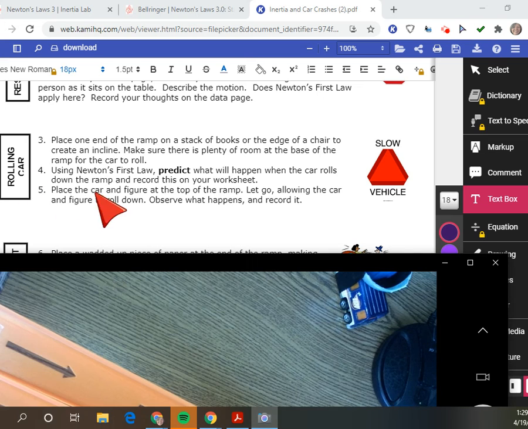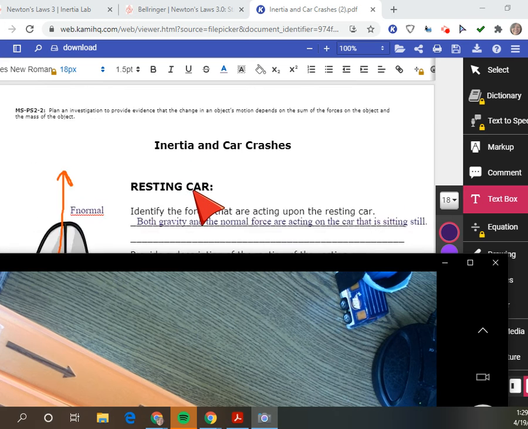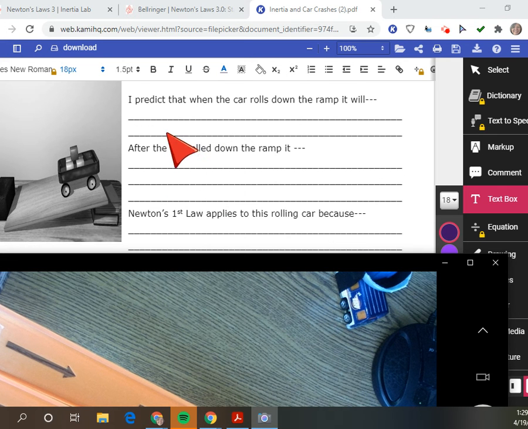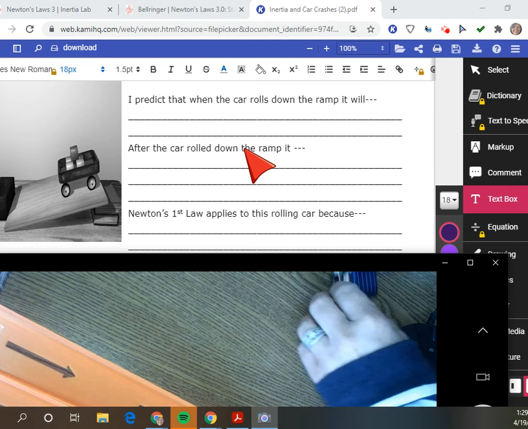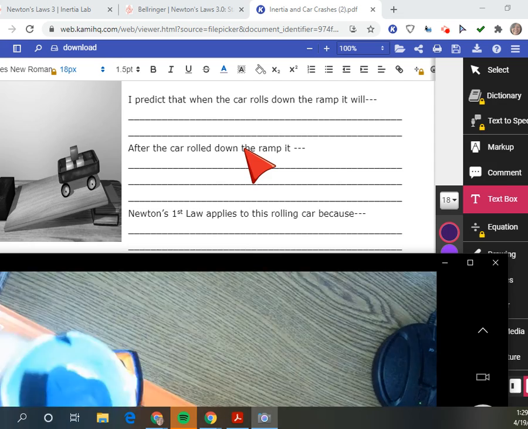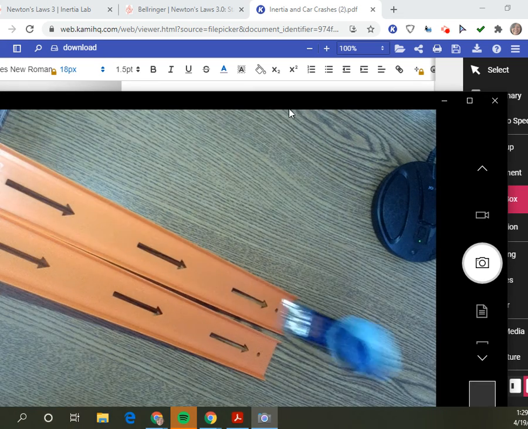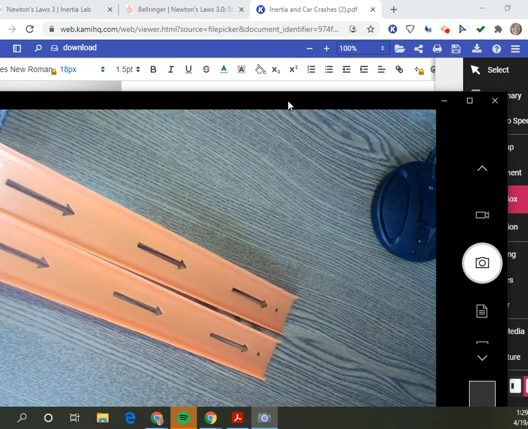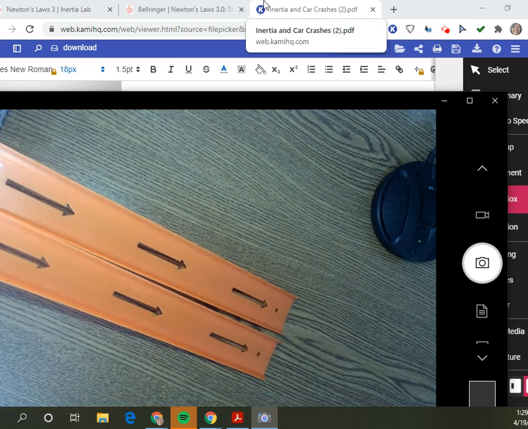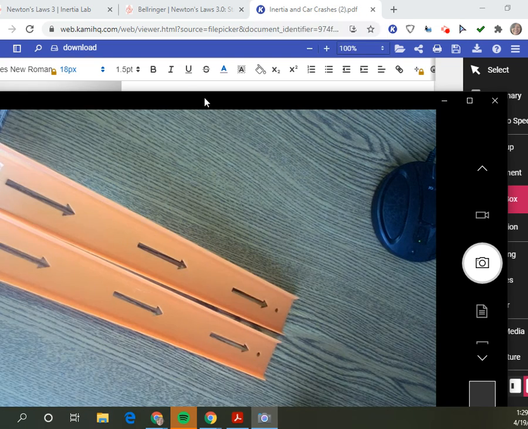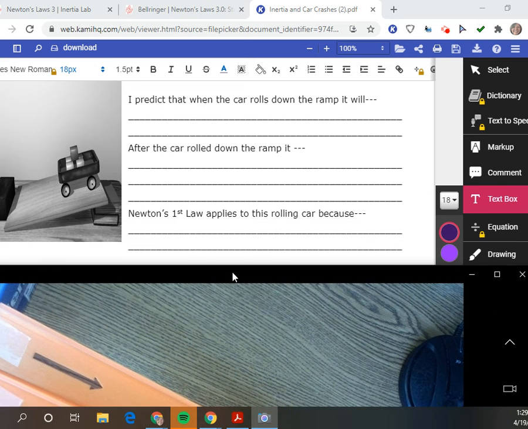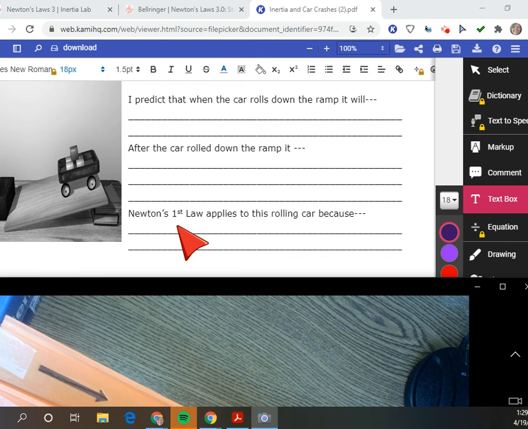All right, so using Newton's first law to predict, let's go down and answer the questions for a rolling car. I predict that when the car rolls down the ramp, it will whatever you said. After the car rolled down the ramp, what happened? So we look at our camera again. The car rolled down the ramp. It kept going. That's all you have to write. So these are definitely things that you have seen before. Now this part. Newton's first law applies to this rolling car because